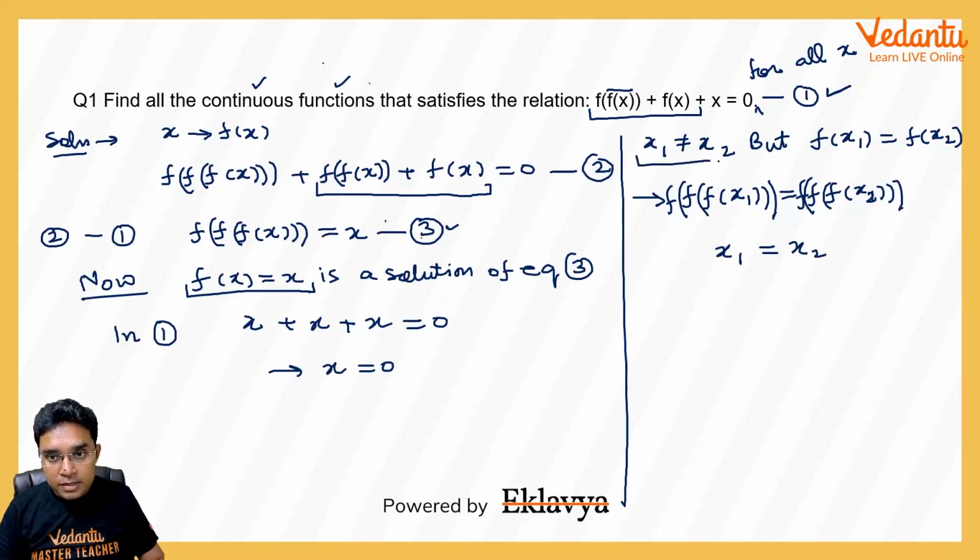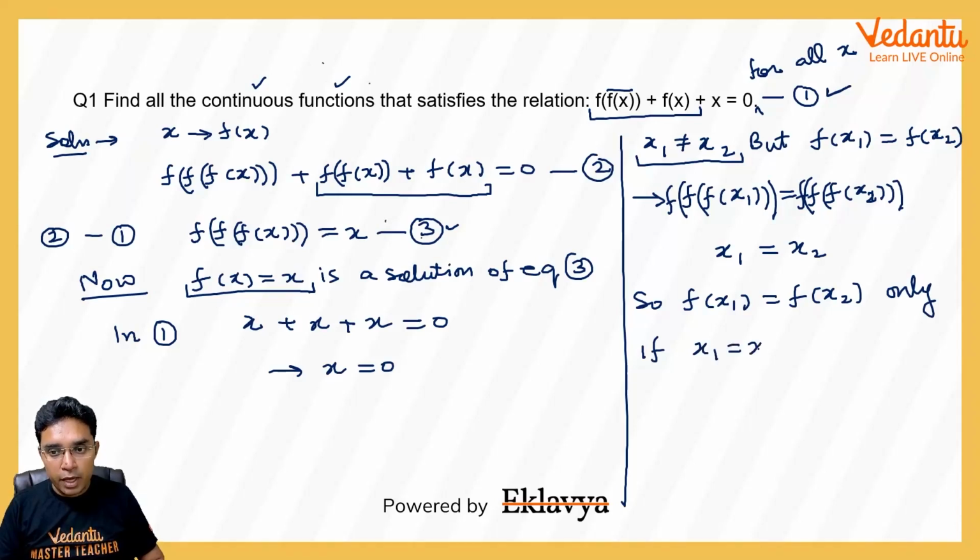So what you can see, whatever we took in the beginning, we got a contradiction of that. So we can conclude that f(x1) will be equal to f(x2) only if x1 is equal to x2. That means this f(x) has to be one-one, and because it is continuous,